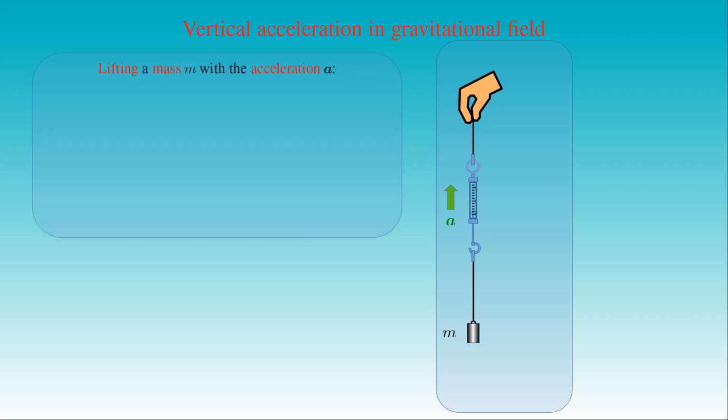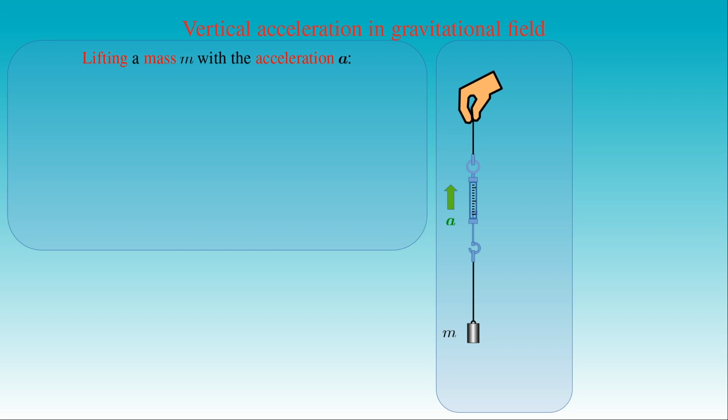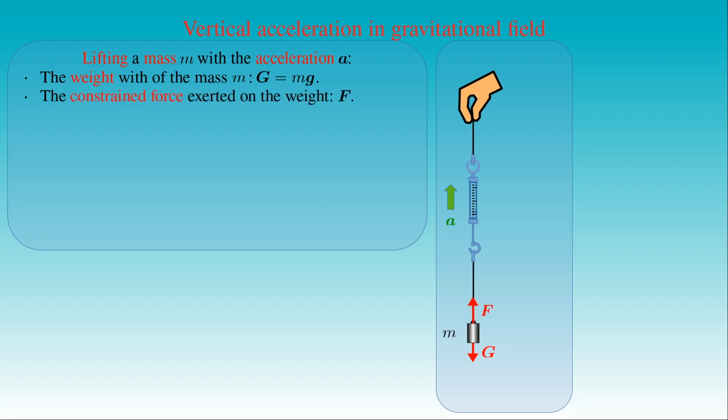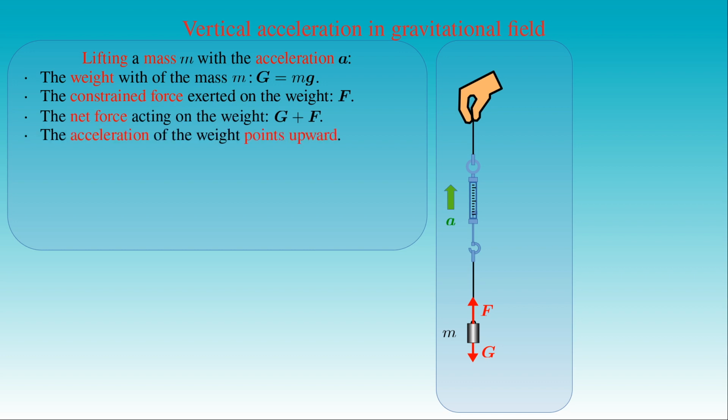First we lift a mass m with the acceleration a, as seen in the figure. Here the gravitational force acting on the weight is given by the mass m times the gravitational acceleration g. If F denotes the force exerted on the mass by the string, then the net force acting on the body is equal to the vector sum of the force F and the weight. We note that the acceleration of the mass points upward, that is, it has the same direction as the force